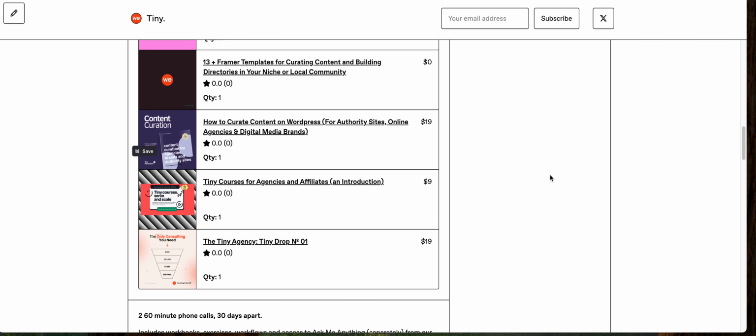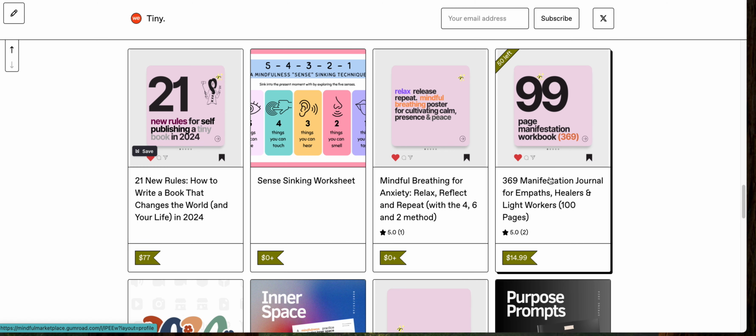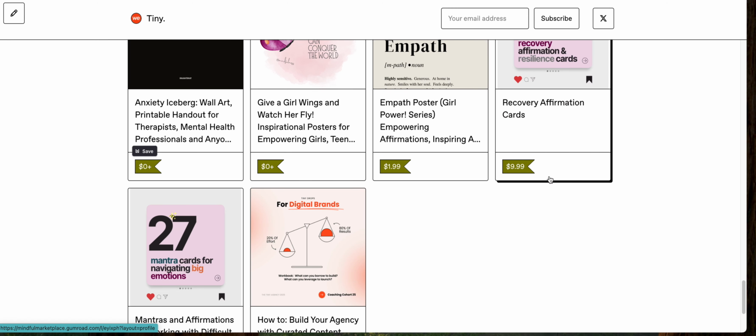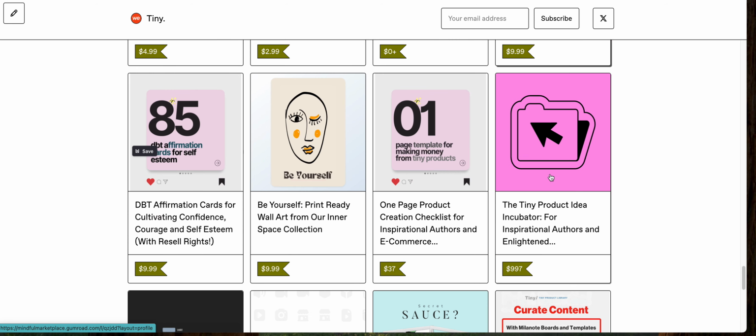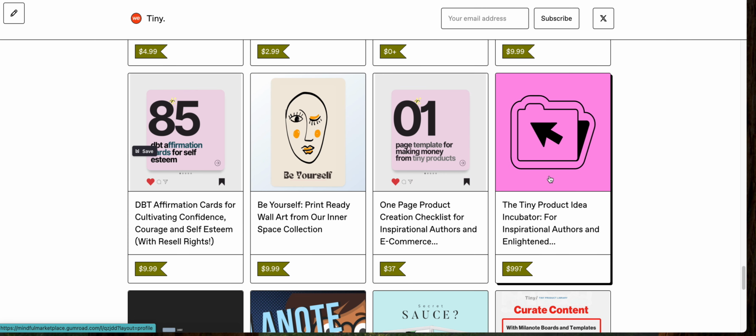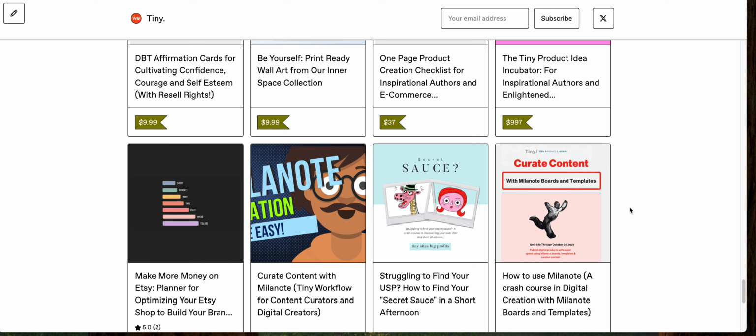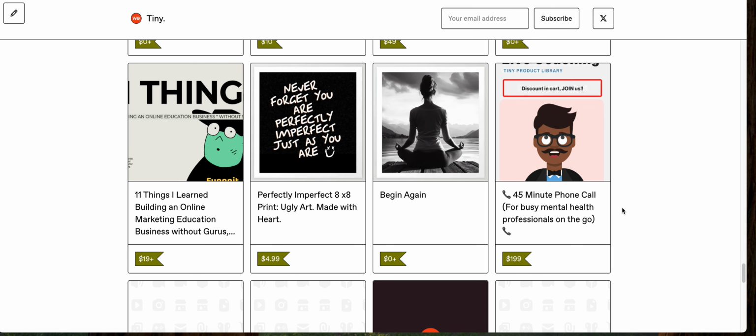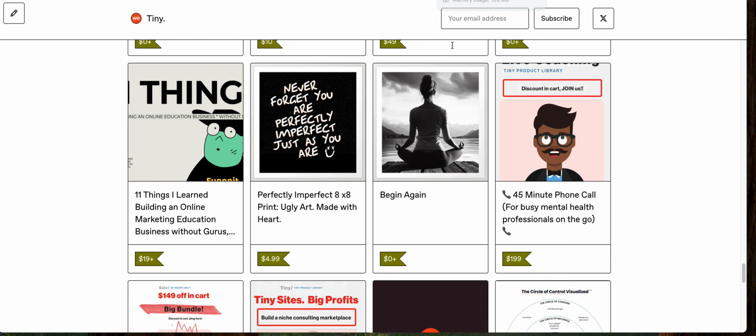So this is our Gumroad store right now. You can see there's a ton of products. Lots of them are free, like lead magnets and different little inducements to get folks to sign up for the community writ large. But what I want to do is actually turn all of this